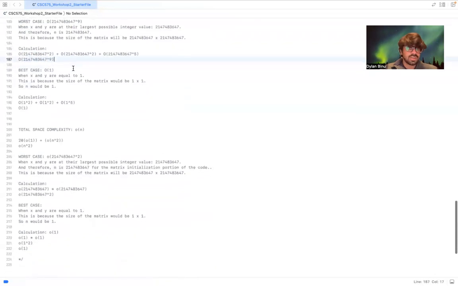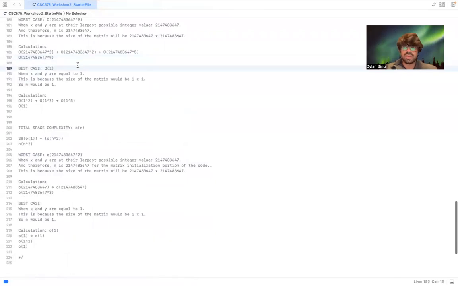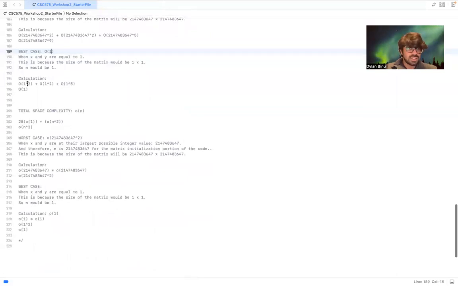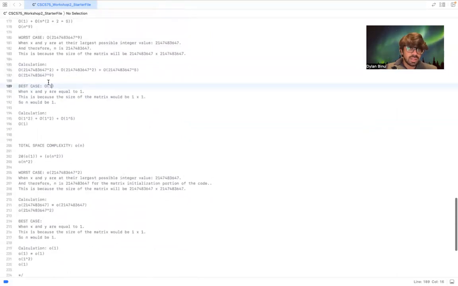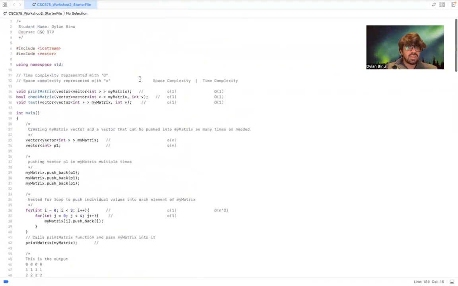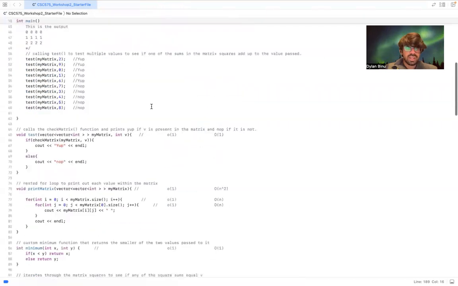I just plugged it into the equation. The best case, once again, is when the vector size is 1 or the matrix size is 1 by 1, 1 or 1 times 1, however you call it. This is the calculation for that as we plugged it into the equation, and that is the result, order of 1. So that, I believe, completes every